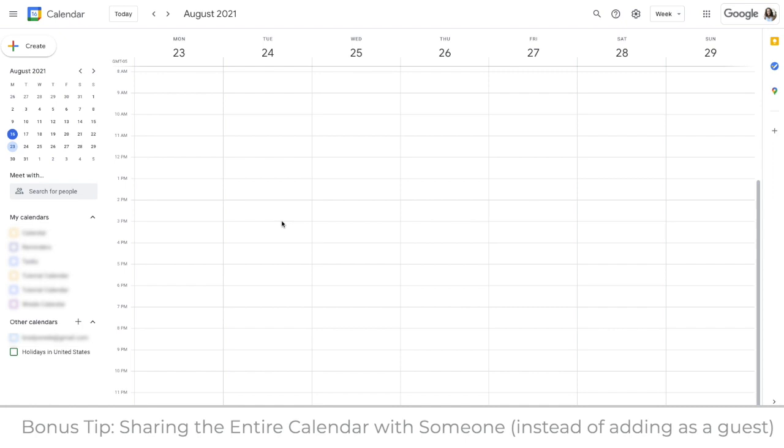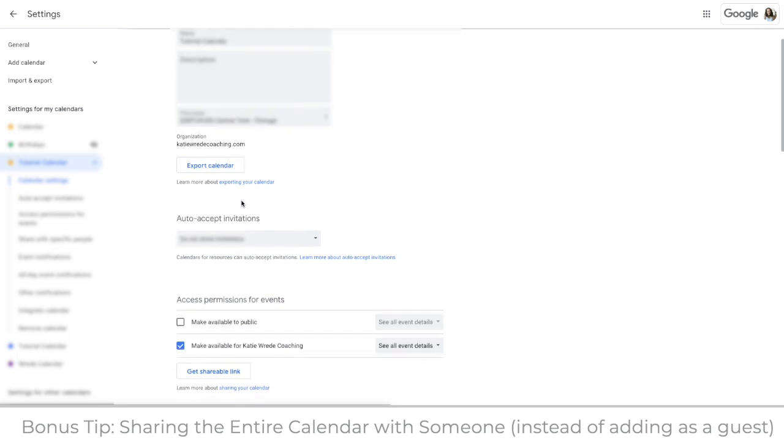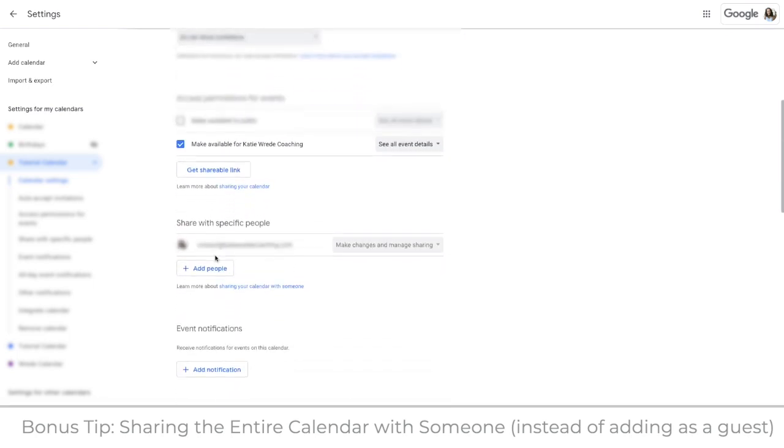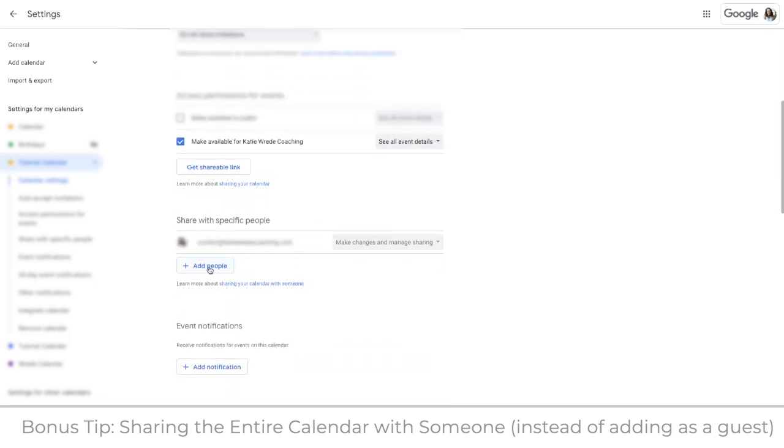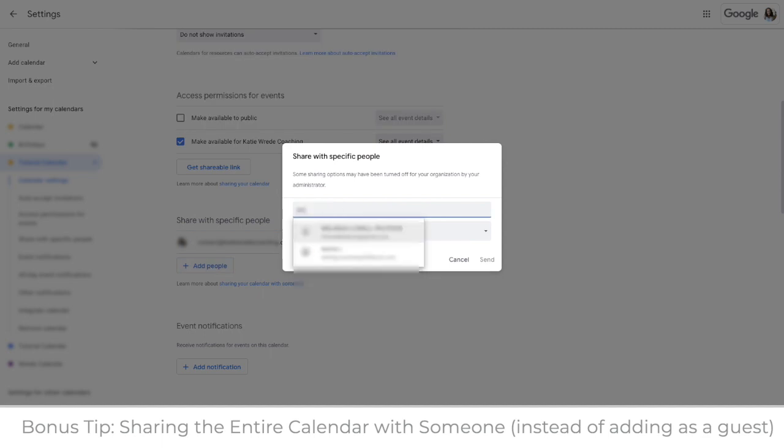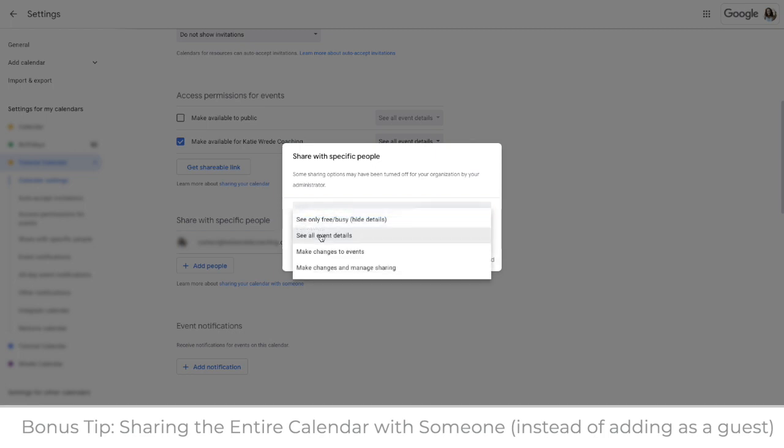Go under My Calendars and click the three dots by the calendar that you want to share and click Settings and Sharing. Then scroll down until you find Share with Specific People and click Add People. Type the email address of the other account you want to share it to, and then select what permissions you